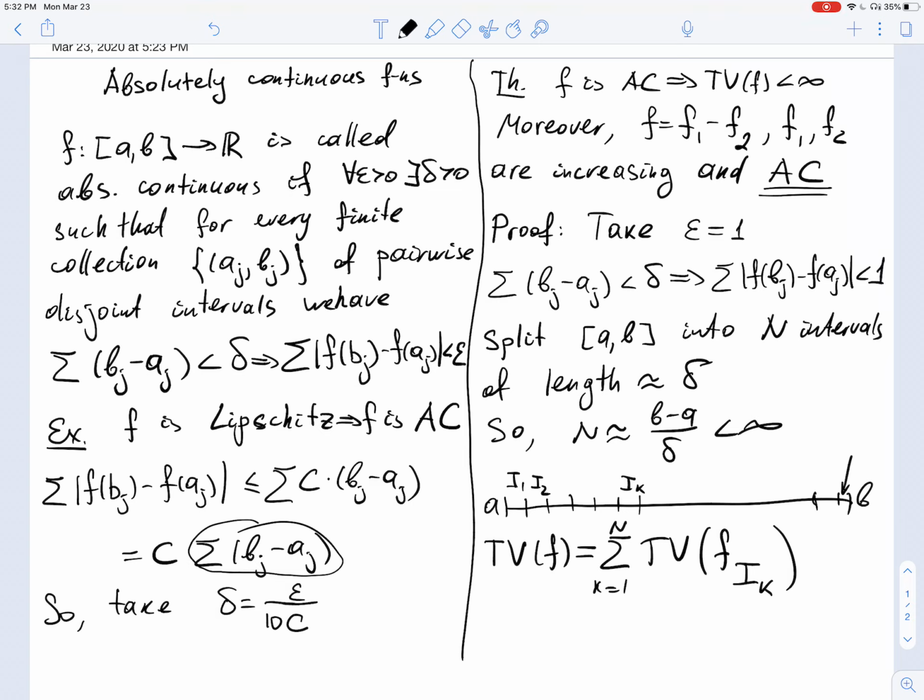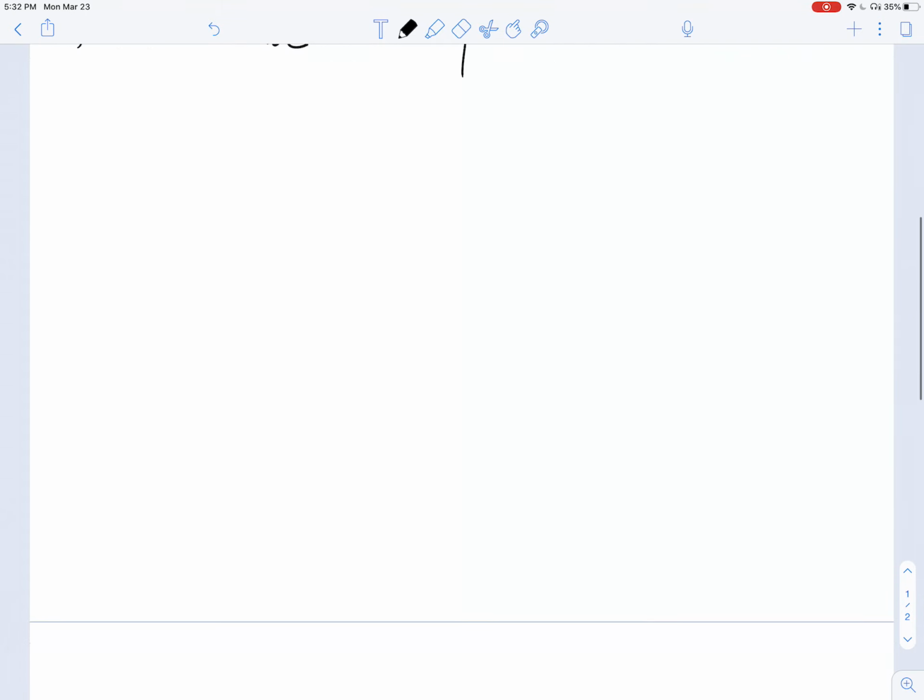All right, and on Ik, so Ik has length less than delta, and so on Ik we can estimate the total variation just using absolute continuity. Here is how we're going to do this. So on Ik,